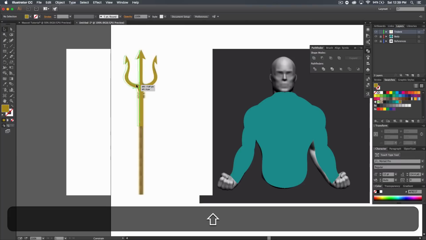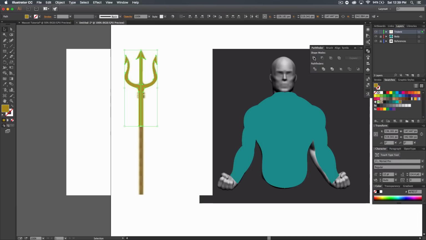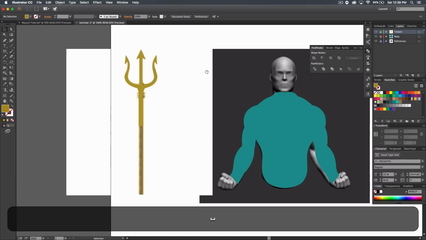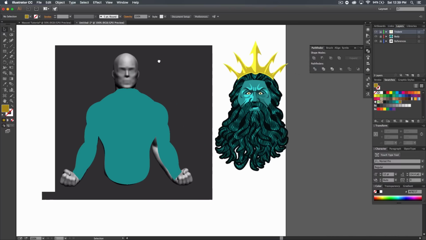a poor job of lining it up. For some reason it's not going straight, it's going diagonally. Illustrator, man, I'll tell you. Alright, and then merge them together like that. And there you go. And then we're going to move on to the next one, which is the head and